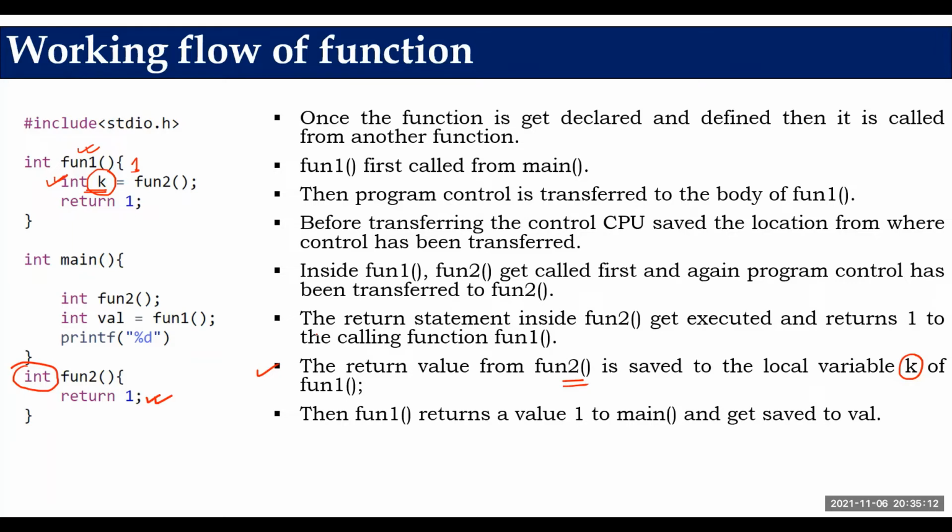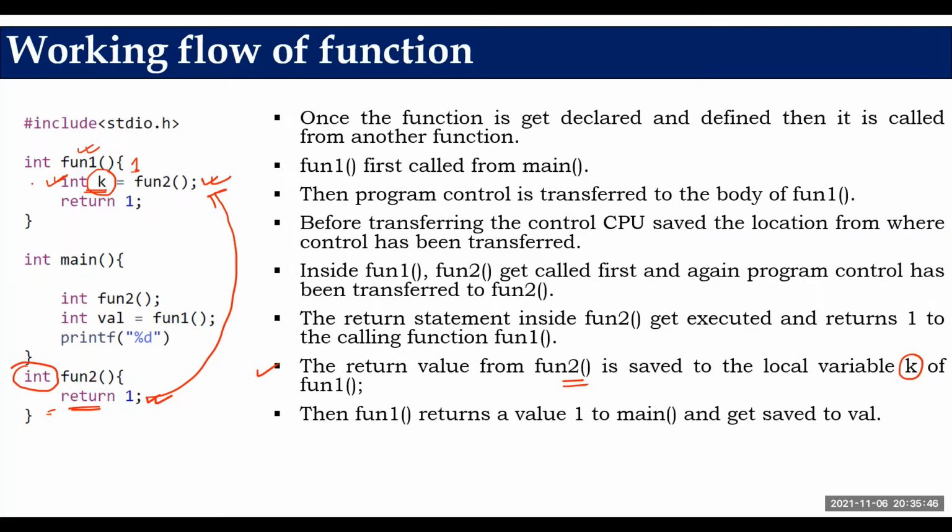Next, this line is now completely executed. Program control returns. Remember one very important point: once the return statement gets executed, the function's execution is completed. It means the return statement should be the last statement of the function that is going to be executed. It is also true for main. It should be the last statement. So now nothing is there. Even if there is something, it is not going to be executed.